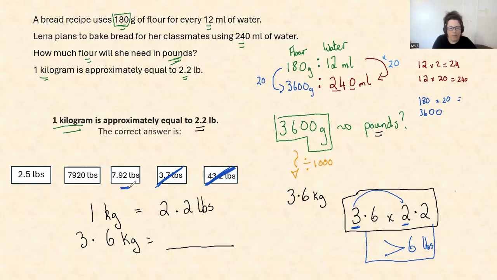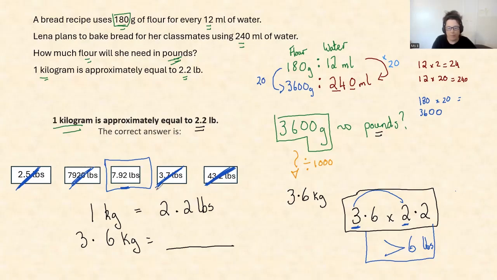Possibly 7.92 pounds, definitely not 7,920 pounds, and 2.5 pounds is too small. So do we really need to work out what 3.6 multiplied by 2.2 is? We actually don't. That will save us some time if we cross-check with the answers. So we can see that our answer is